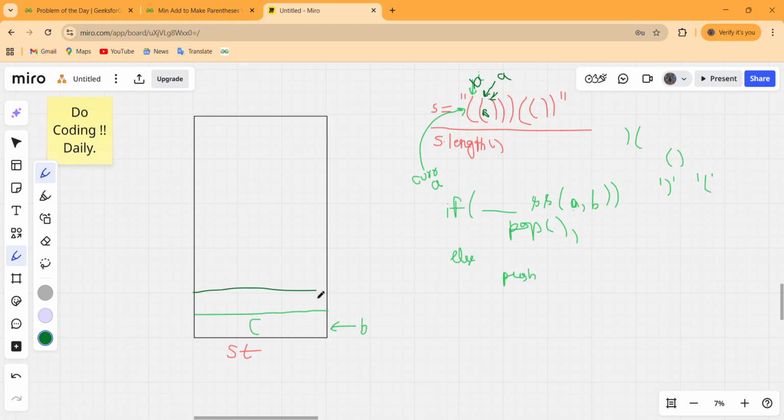And if this condition gets false, we simply push our current char inside our stack. Let us erase this. Now our I gets incremented, so that will point to the next character.